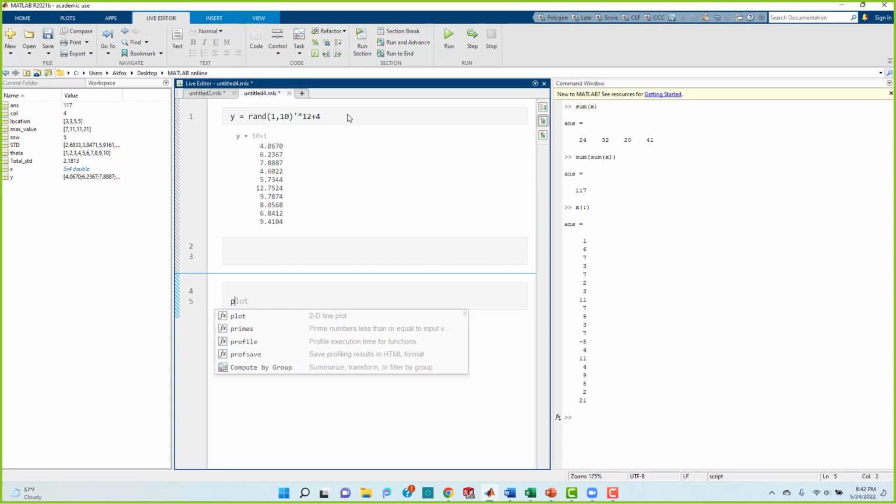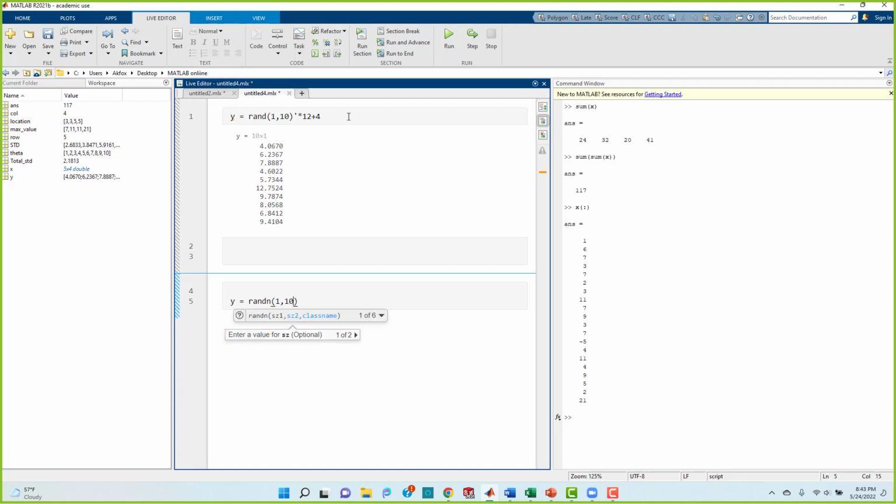A set of numbers in a bell curve type distribution. You can specify a mean and a median, not a median, but the mean and the standard deviation. Rand n, again, rows and columns. And to get a specific standard deviation, let's say we want to deviate by 3, multiply it by the standard deviation, and then